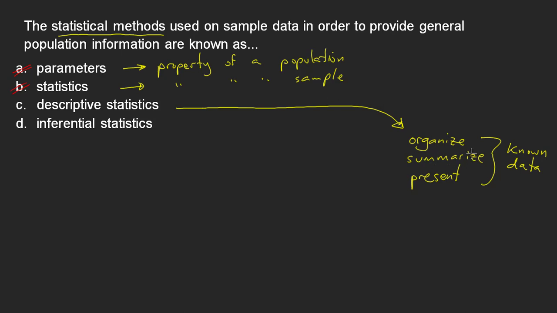Maybe I could make a table. How many people have a GPA of 3.0? How many people have a GPA of 4.0? And so on. I could present it in the form of some sort of a graph or something. That would be descriptive